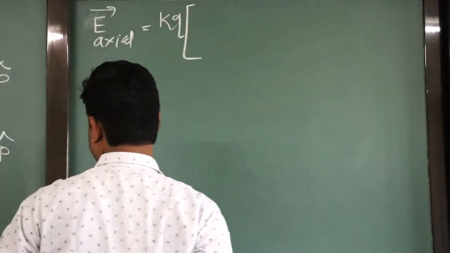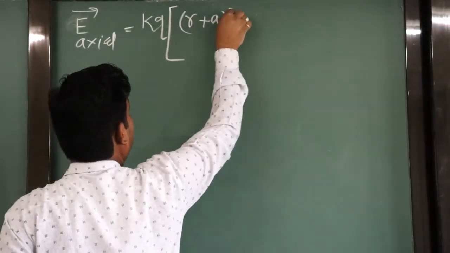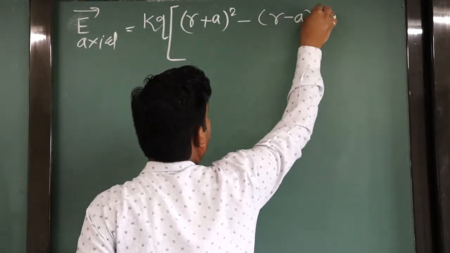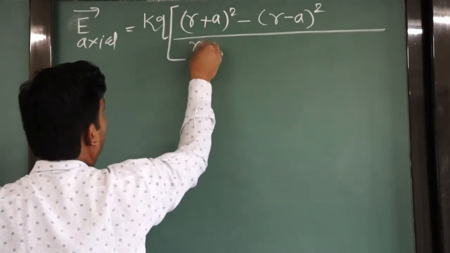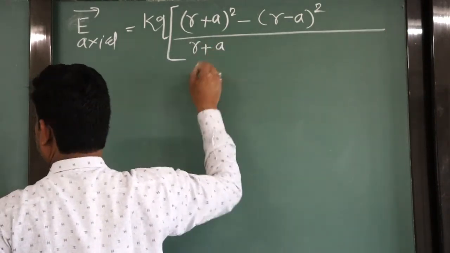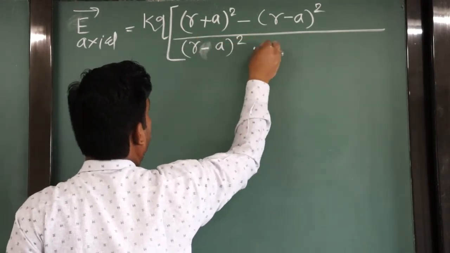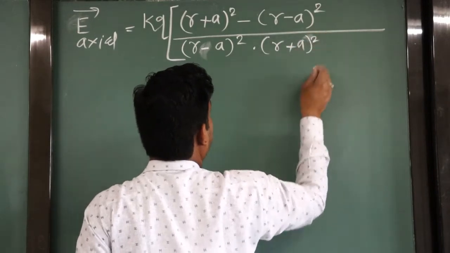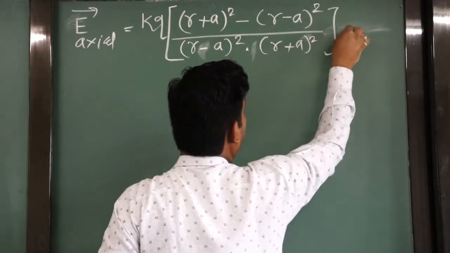Taking the cross multiplication, (r plus a) bracket square minus (r minus a) bracket square, divided by (r minus a) bracket square dot (r plus a) bracket square, it is multiplication, bracket complete, into the